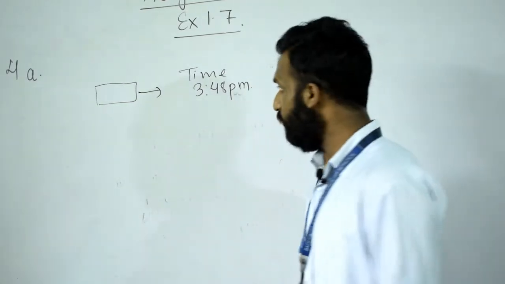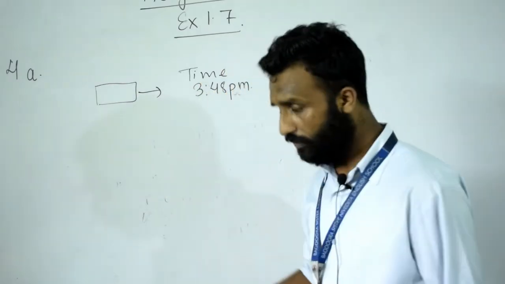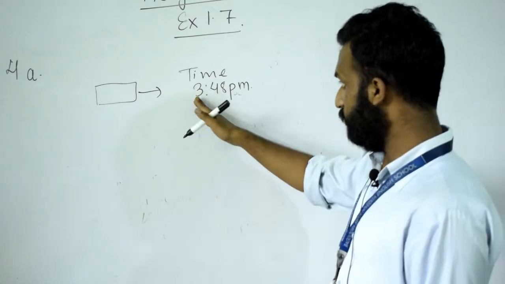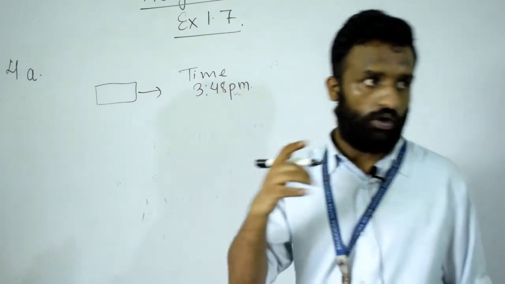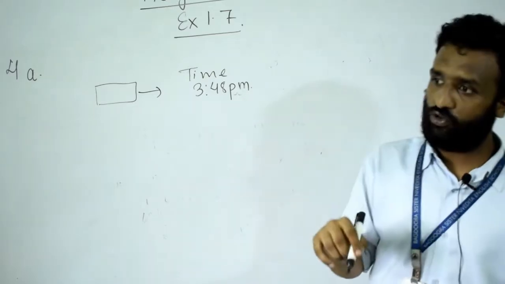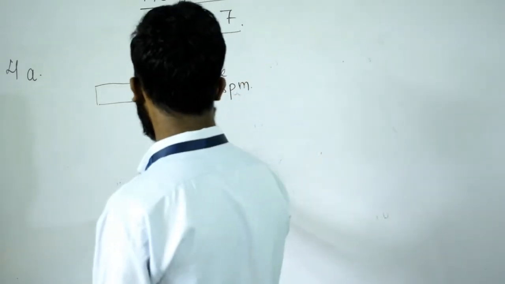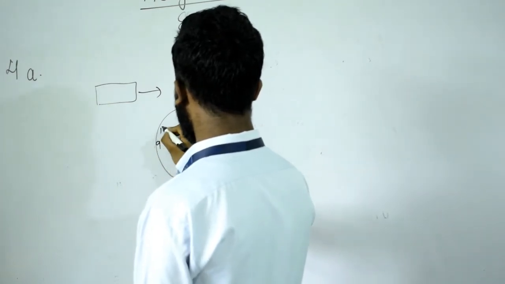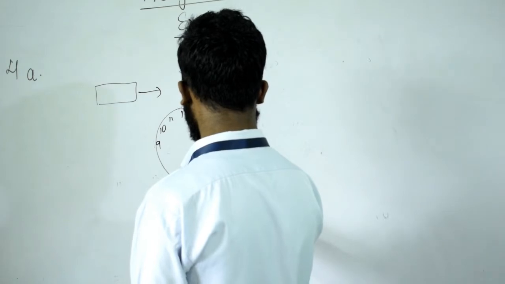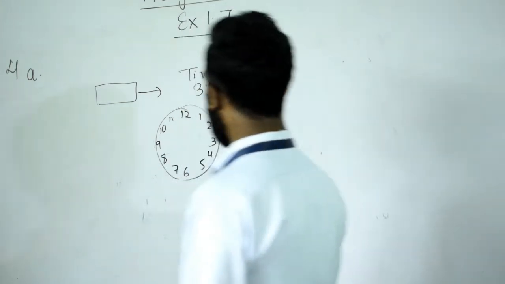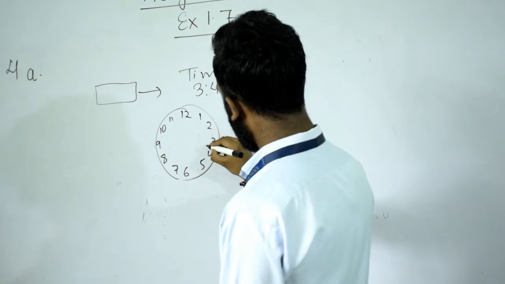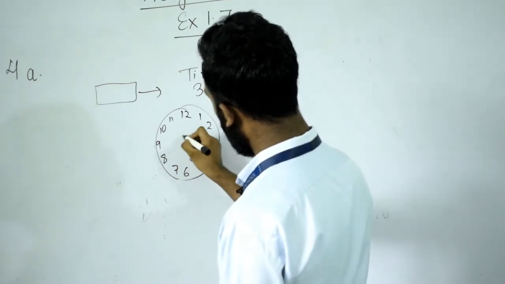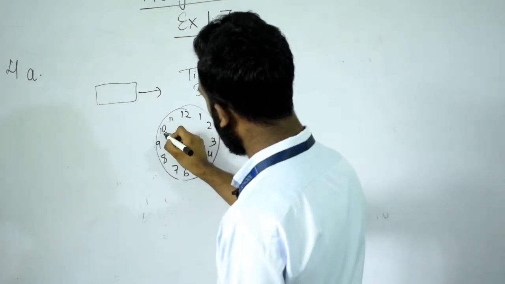It is saying. So if we check here, as I explained about rounding of the numbers in the line, this 3:48 is nearest to 4 p.m. If you see in the clock, this is 12, 6, 3, 9, 10, 11, 1, 2, 3, 4, 5, 7, 8. What will be the clock at 3:48? The small hand will be here, approximately it will be here, suppose.